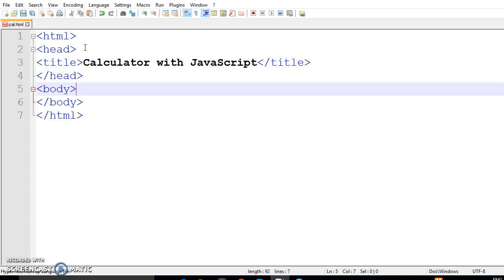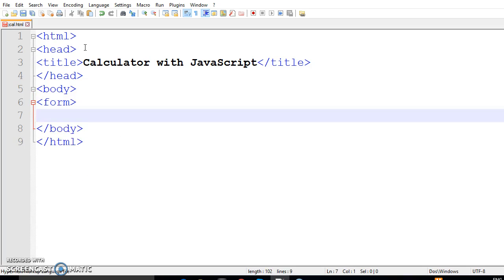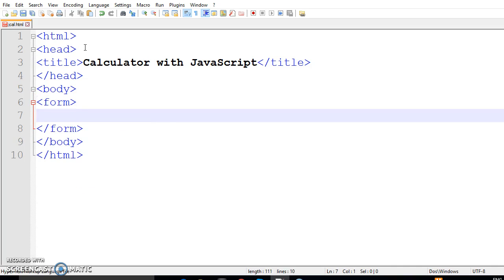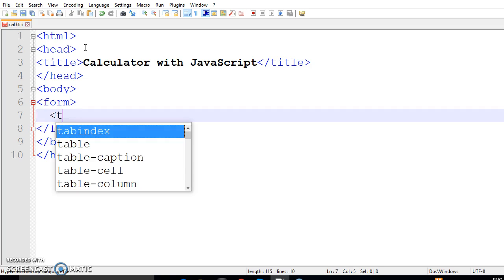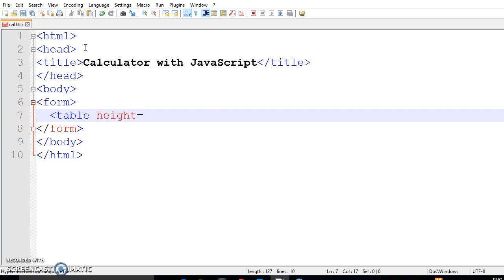Now the first thing that we need to work on is how we can create the interface of a calculator. So I'm going to start with the interface. So create form, and the formatting I will be doing with the help of table. So I'm taking here table, take it some height. Height is equal to say 300, width also 300,